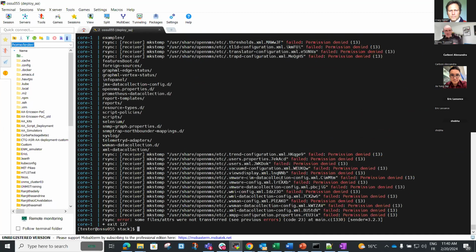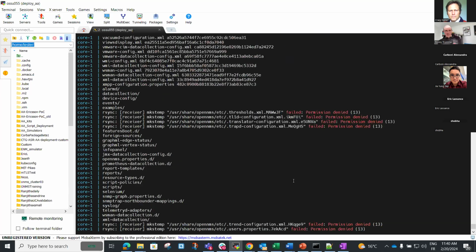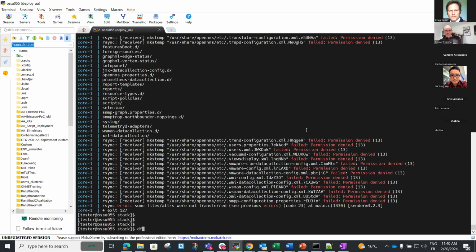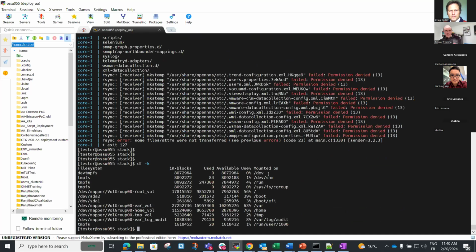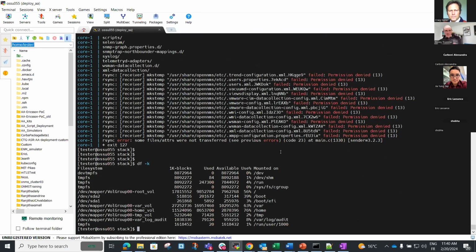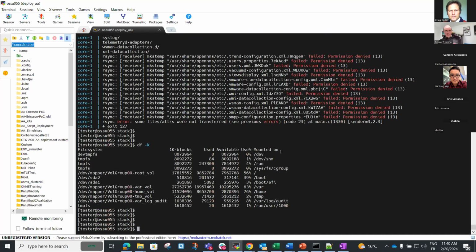Yes, definitely. Permission denied. So you mounted the configuration files in a local storage, right? Yes, let me show you. You need to make sure that the owner is the user ID 10001. The OpenNMS process in the container runs as user 10001, and you have to make sure that the files which you mount into the container have the same owner.